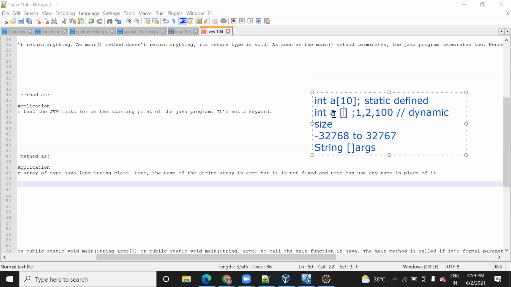So each element will have 4 bytes. Array will have cells, right? Each element will occupy 4 byte or 2 byte, so that's not the problem. Even if you have 1,000 elements, 1,000 into 4 is 4,000, or 40,000, that is not the matter.